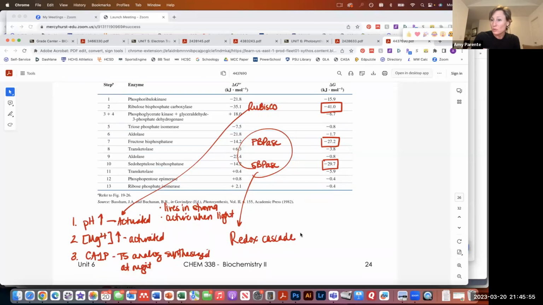So here's how we control these enzymes. Rubisco is controlled by pH, by magnesium, and by a transition state analog. When pH is high and magnesium is high, we're going to be activating Rubisco. If it's dark out, pH is low, magnesium is low, and then we're going to be synthesizing a transition state analog that's also going to make sure that Rubisco is quiet. Now, it's easy to keep FBPase and SBPase quiet at night